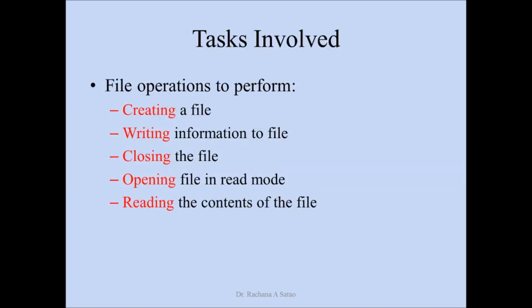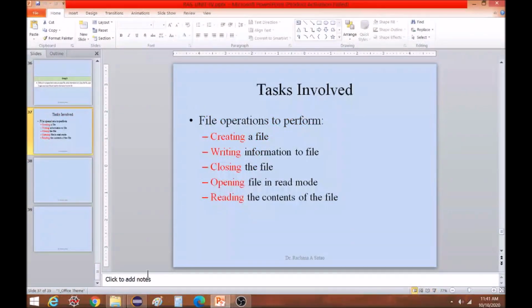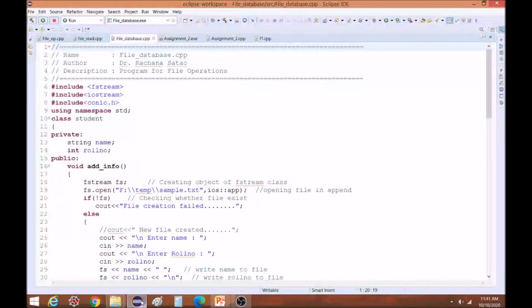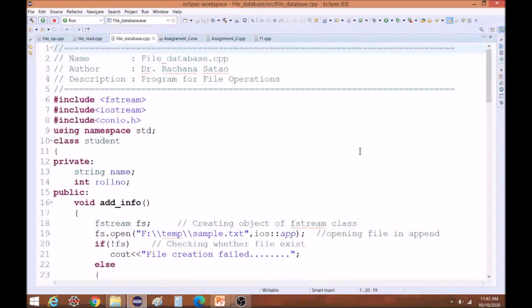Now these are the tasks involved. The file operations to perform are creating a file, writing information to it, writing student information in this case, closing the file, opening it again in read mode or input mode, reading the contents and displaying them on screen. This is the task we are going to see. So now let us see the actual code, how to do it. Now this is the code